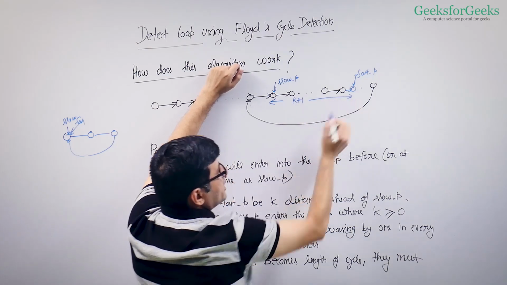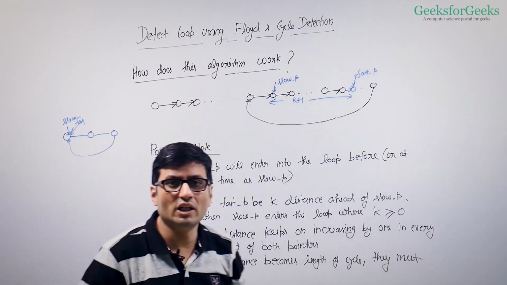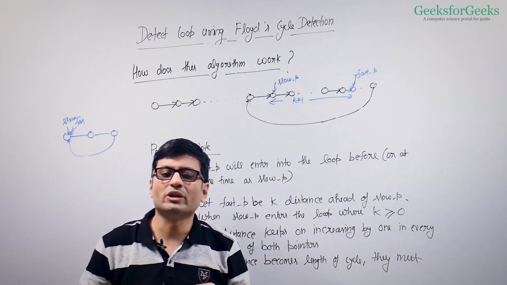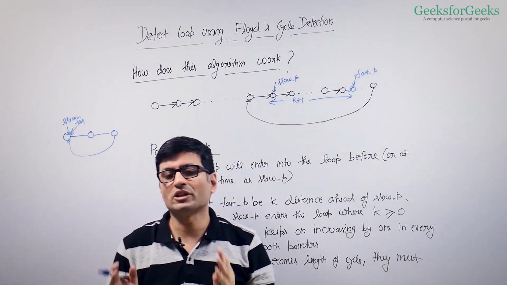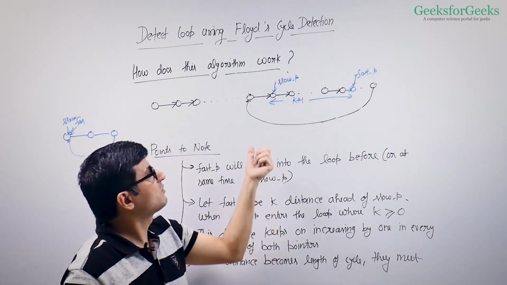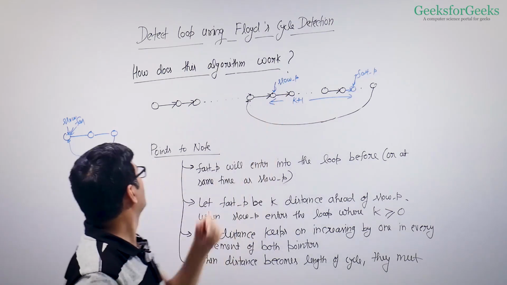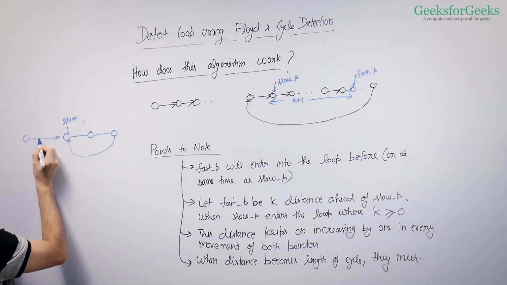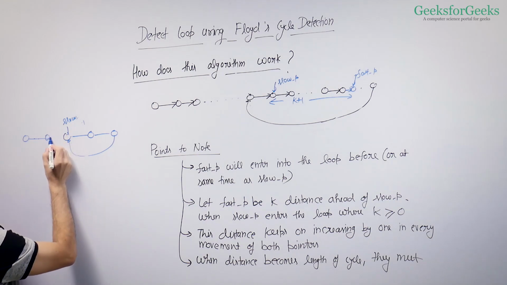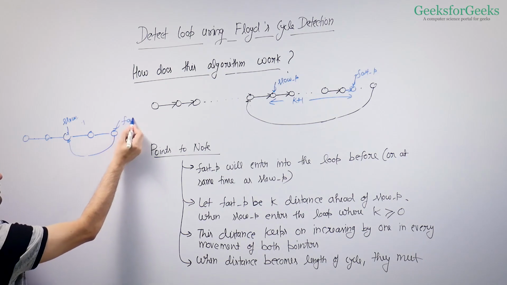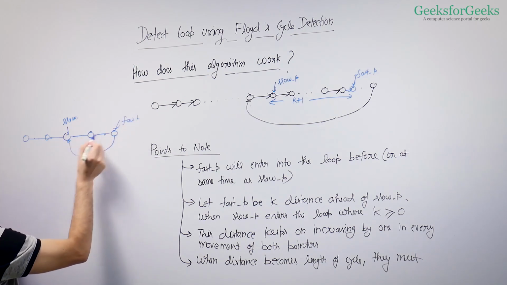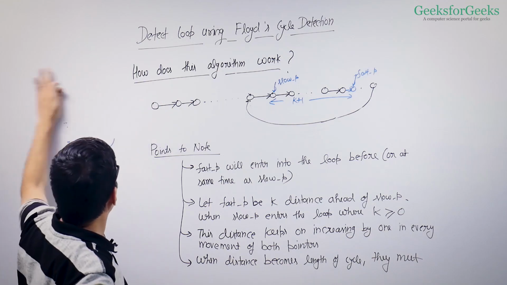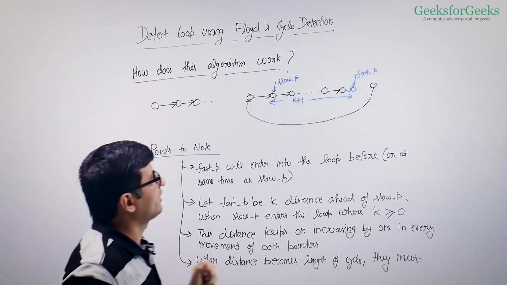And what will be the distance after the next movement? It will be k plus 2. And next movement, k plus 3. So the distance between the two pointers keeps on increasing by 1. Here distance means the number of edges, right? So when I say my linked list is like this, right? And fast is here, say, then the distance between these two is 2, right? This is the distance. Now if it is increasing by 1 all the time, then there will be a point